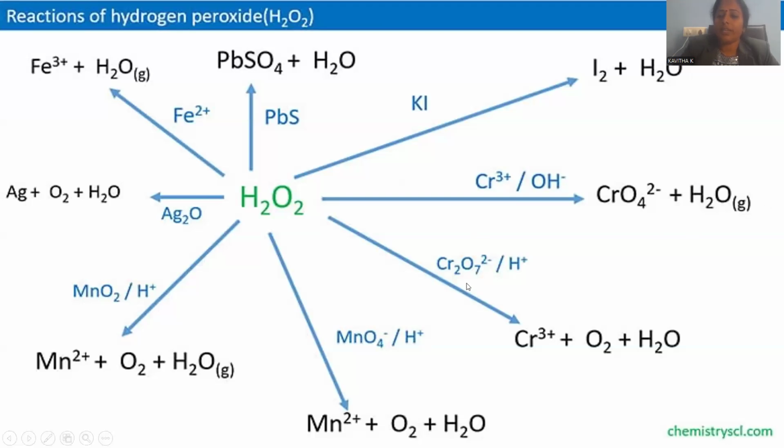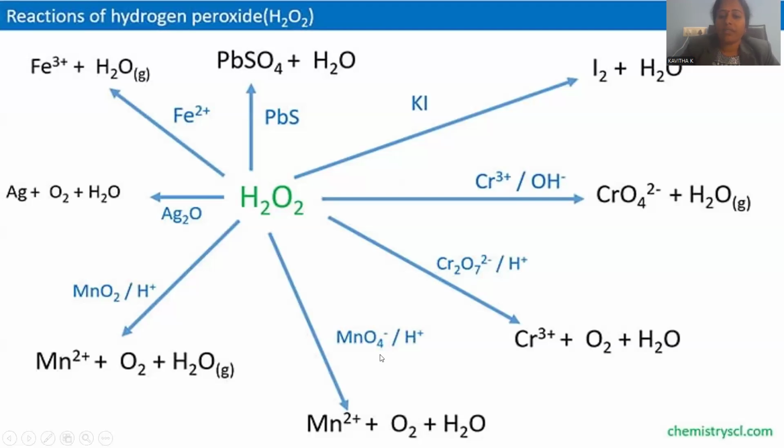And here we have a dichromate ion. The dichromate anion is there and treated with the acidic condition. Here is the alkaline condition you noticed. Here is the acidic condition we are going to add. Whenever hydrogen peroxide is treated with potassium dichromate under acidified conditions, there is a possibility of Cr plus 3, oxygen and water being generated. There is a molecular oxygen origination over here. This reaction is said to be a reduction. We are not supposed to say oxidation, since in K2Cr2O7 we have plus 6 now turned into plus 3. With respect to chromium, it is the reduction process.